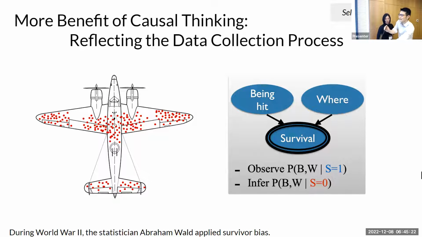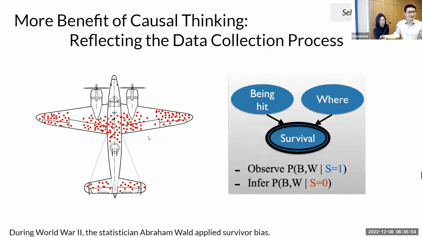So you can see, given the same observations, but different causal stories behind the data, you can give completely different answers. Now, let me give an alternative one. Suppose now, every time they just target those areas, because those parts they don't care. If you shoot those areas, nothing will happen to the aircraft. Suppose that's the case. Then clearly your answer would be, we should put the armor here, because every time they just target those areas.